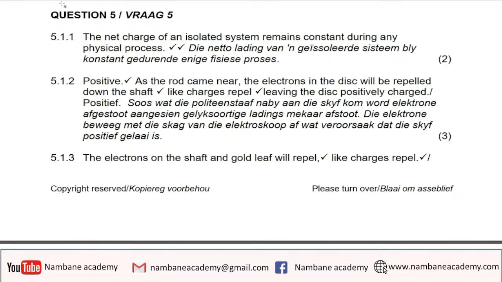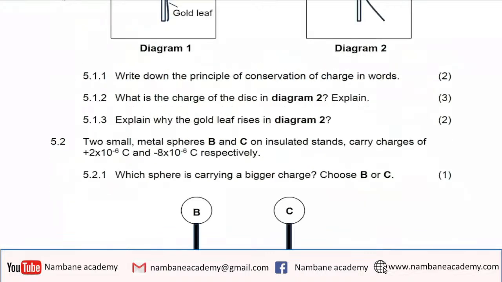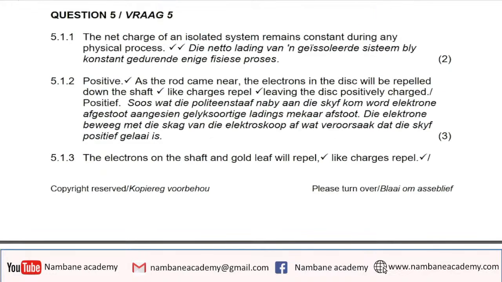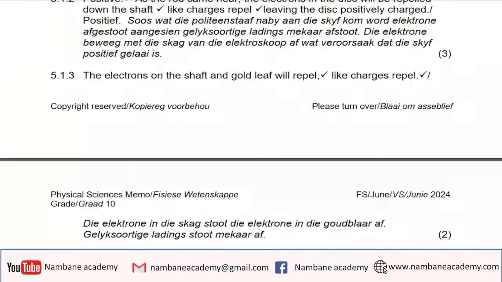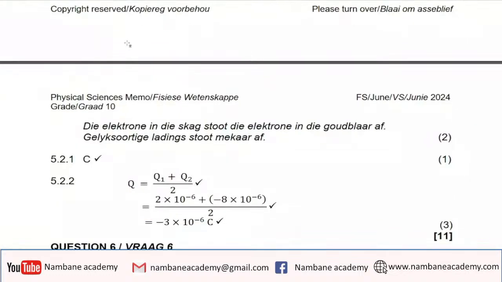And then the next question, explain why the gold leaf rises. And that is the question in diagram 2. The gold leaf is rising because the electrons on the shaft of the gold leaf repel. So it is the same thing that is happening there. So it is going to be repulsion of the electrons which are on the shaft there. And then